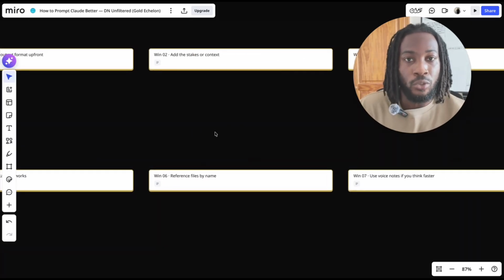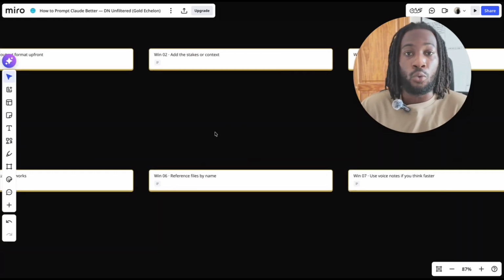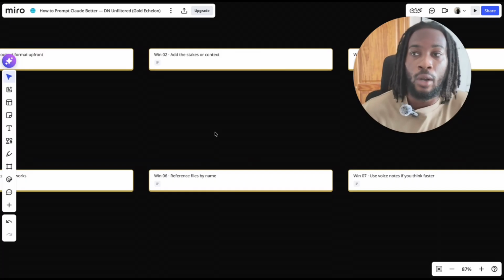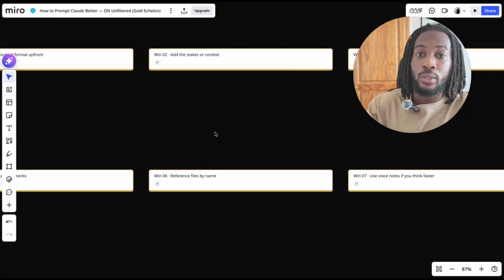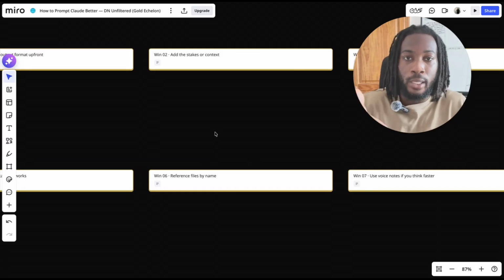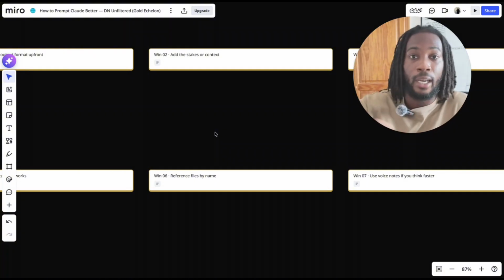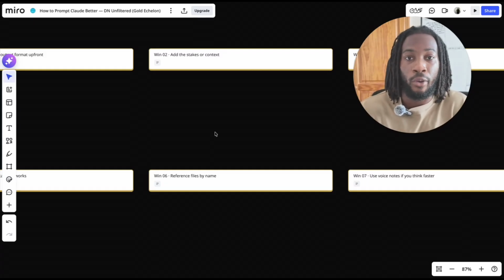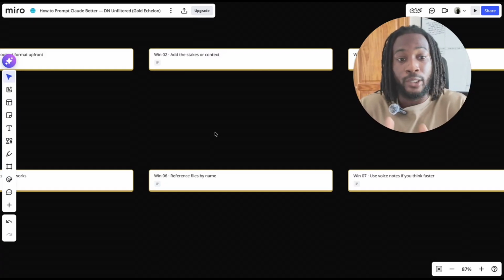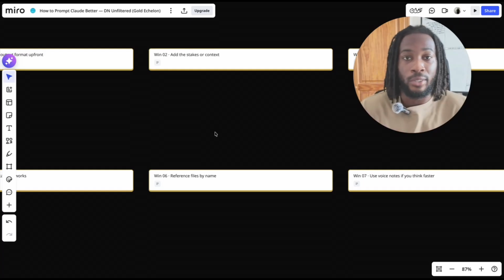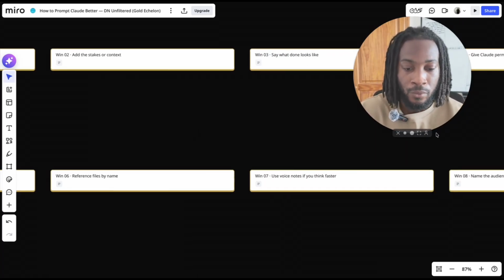Reference files by name. So me personally, I use SOPs and Google Docs to improve my things. Or let's say, for example, I have a specific note inside of my Apple Notes. I will say to Claude, go through my Apple Notes, search for this specific note and find that and use it, or find this specific Google Doc. So for example, my Clinic Flow ads creation campaign SOP, I will tell it to go there, find that SOP and reference that when, for example, I'm making a skill.